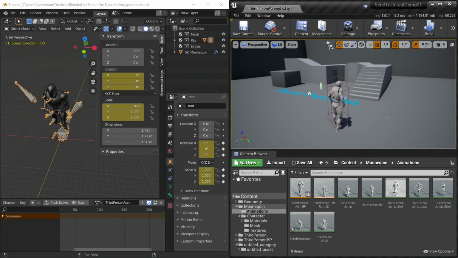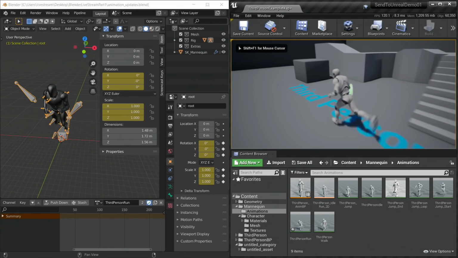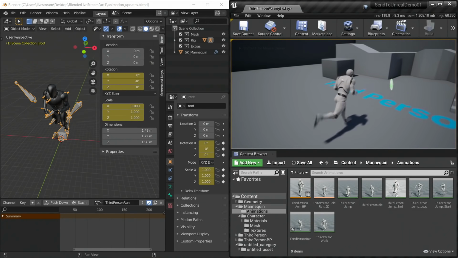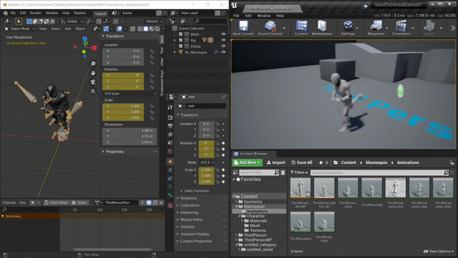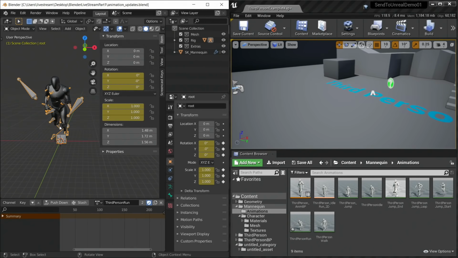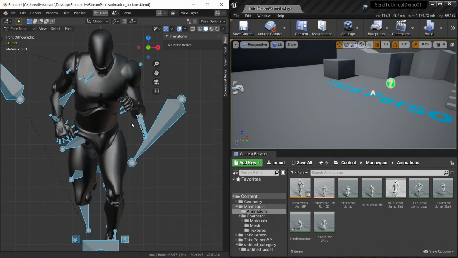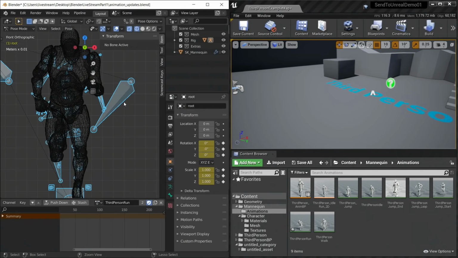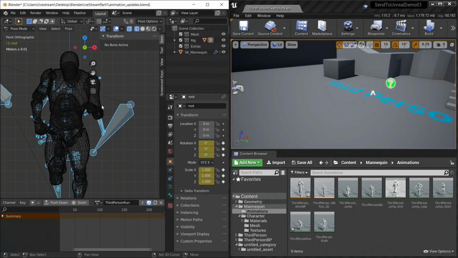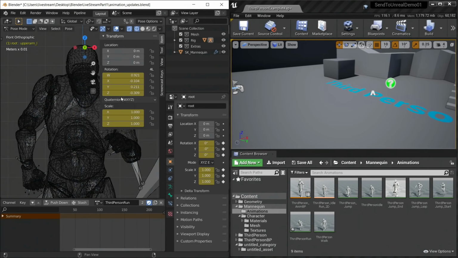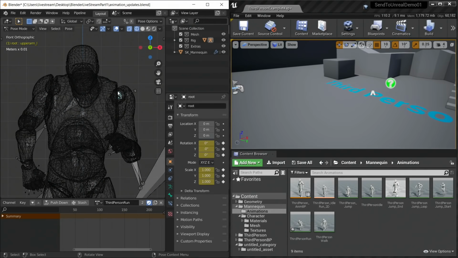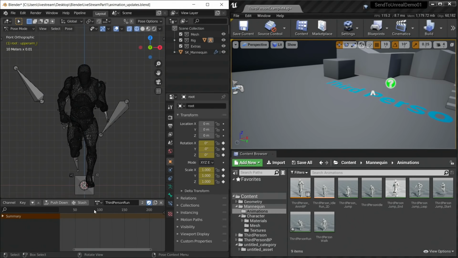So if we go here and hit Alt-P and just walk around, there's our mannequin run animation. So we just re-imported this. But let me go here, or is it Control Space? Yeah. I'm going to go here and modify the actual keyframes on this. So if I select the arm here, select the arm here,